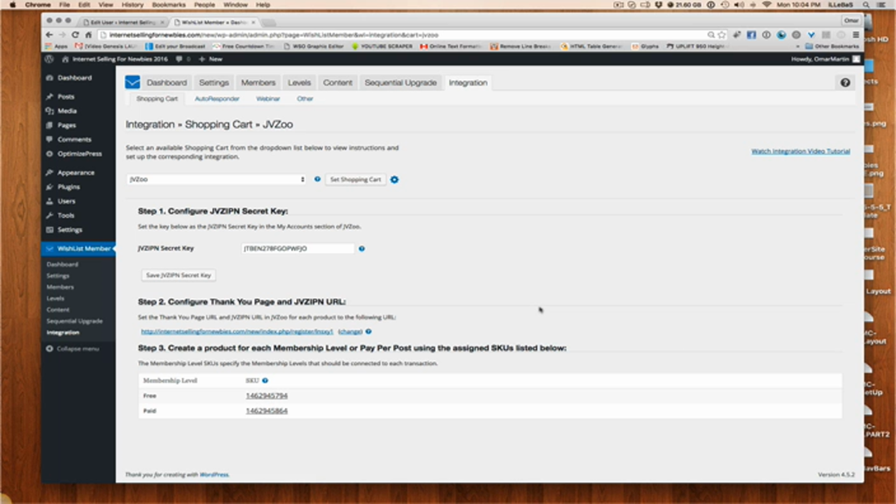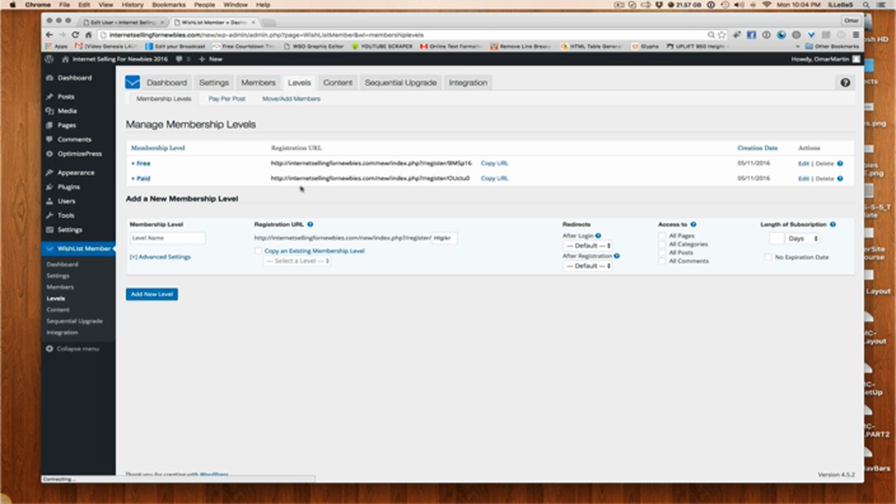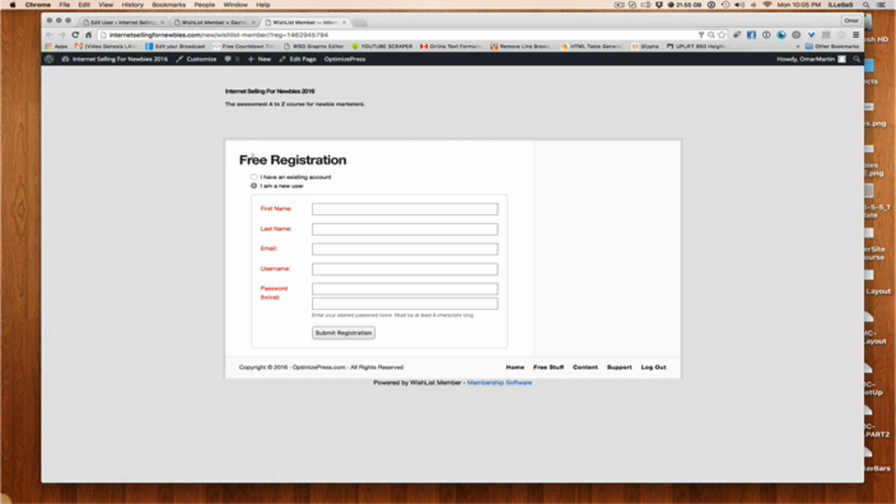Now, there is another way of doing this where you don't have to use registration pages. If you just integrate this way with JVZoo, the registration pages will be, if you come over here, you notice that when we go to levels, if you click on here, it'll take you to the free registration page. So Wishlist automatically makes these for you. By the way, if you want to edit this page, you can modify this page, but this is considered a blog page. So unfortunately, just the way that Optimize Press works,